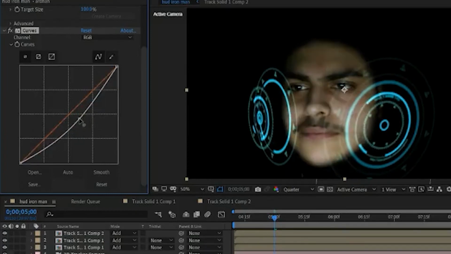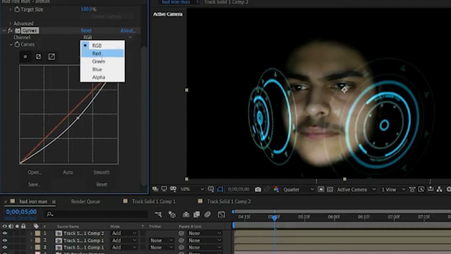This way you can get the optimal lighting. And if you want some additional blue in this, you can select the channel, instead of RGB you can select blue, and now you can just increase the blue a little bit. You can similarly use the other colors as well.